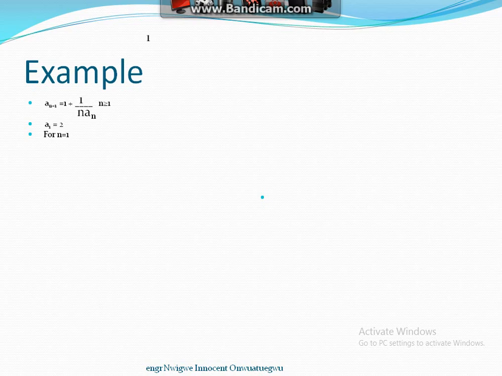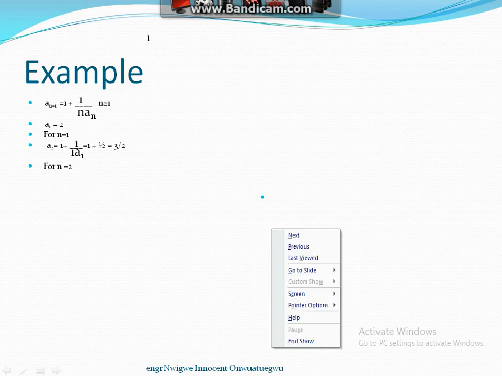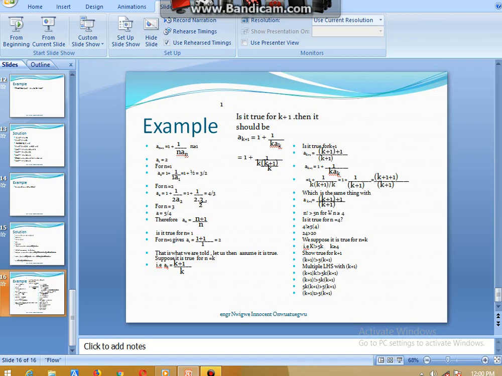For n equals 1, a2 is equal to 1 plus 1 over 1 a1, which gives us 1 plus half, which gives us 3 over 2. For n equals 2, a4 is equal to 1 plus 1 over 2a2, which equals 1 plus 1 over 2 times 2, 3 over 2, which gives us 4 over